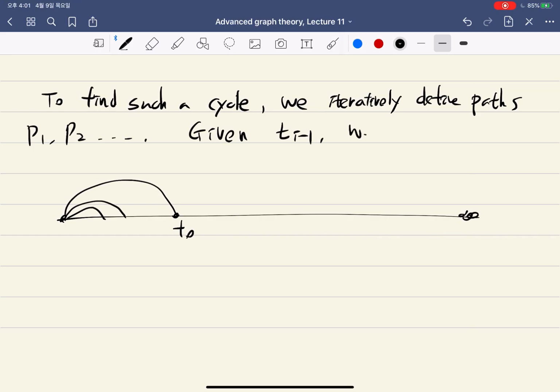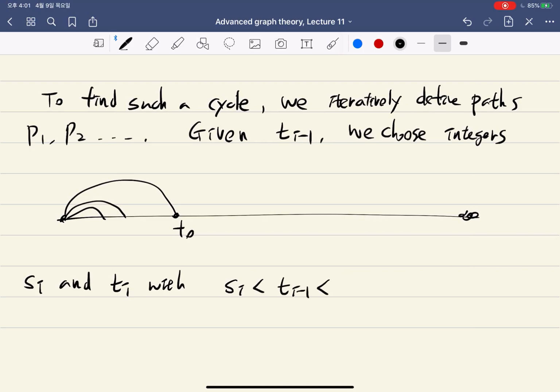We choose integers Si and Ti with Si smaller than T(i-1) and Ti bigger than T(i-1), and Ti as large as possible, such that